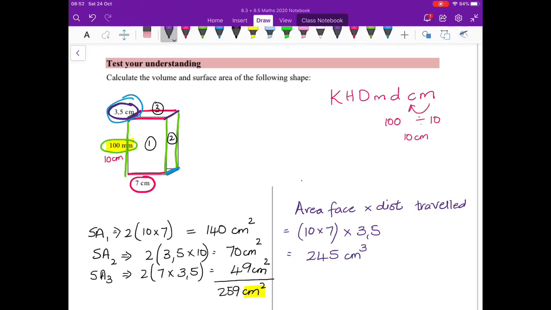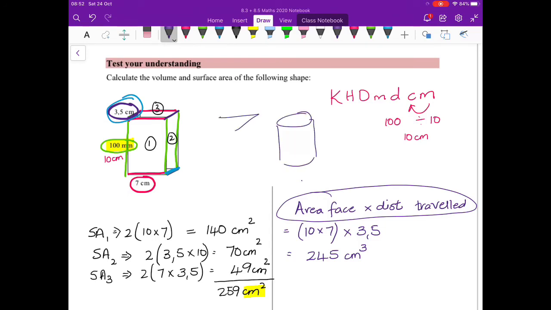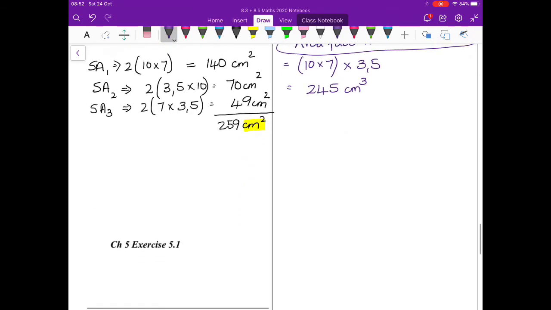centimeters cubed. And again, I'm going to say I use this formula and not length times breadth times height, which would work, but remember, when we go to cylinders and triangular prisms, you will see that it is much easier to have one formula that works for everything. For more practice on this, chapter